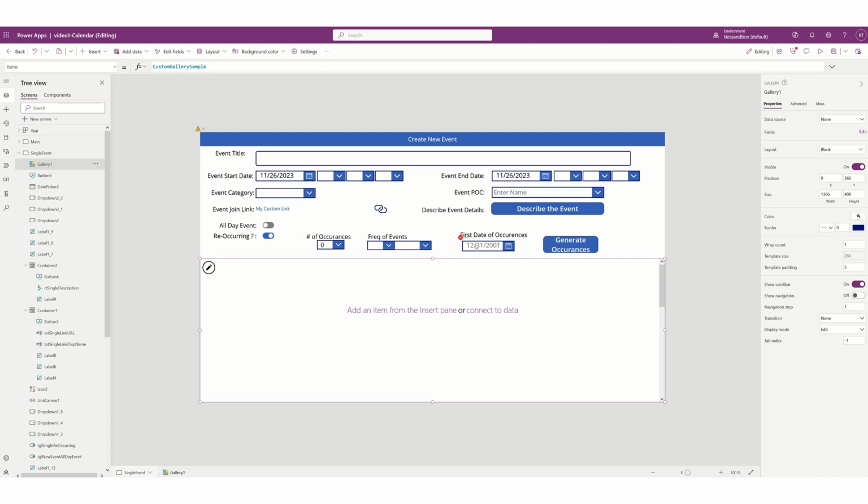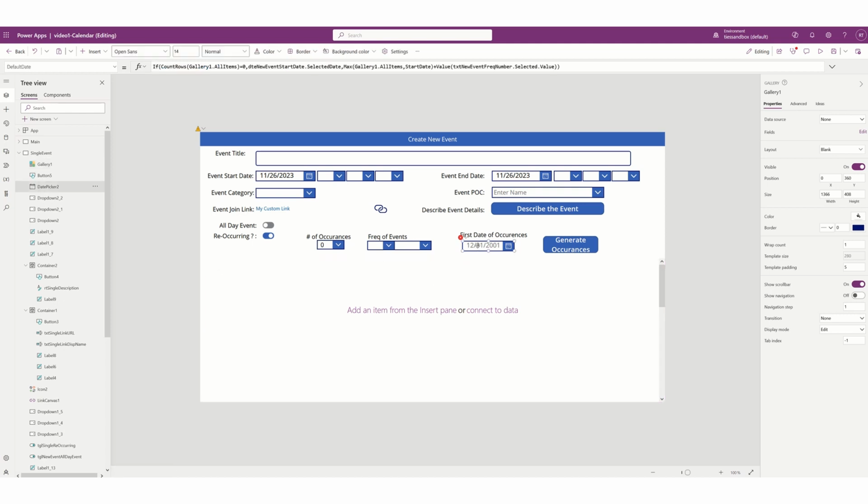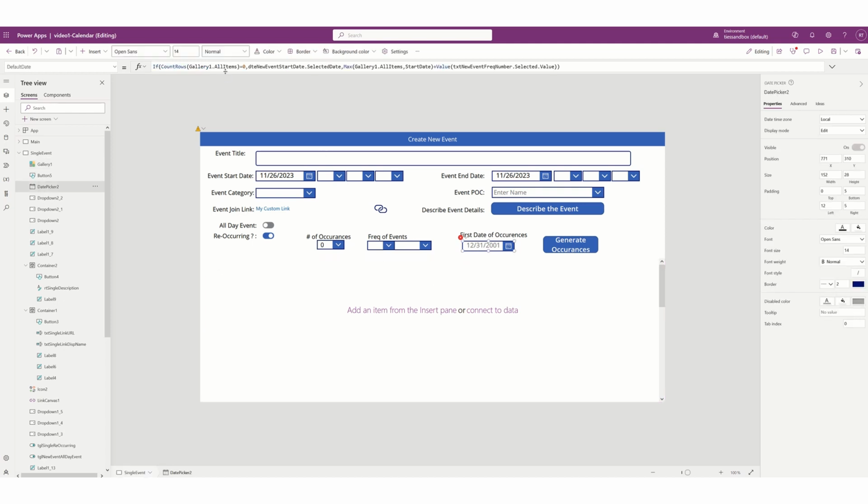Okay. Now this is gallery 1. So if count rows gallery 1 dot all items equals 0. So basically it's going to count gallery 1 and see how many items are in it. If it equals 0, it's going to use the start date, which is not changed yet. So let's go DTE